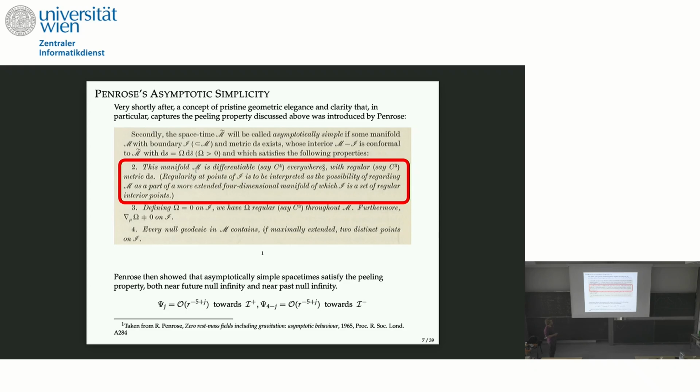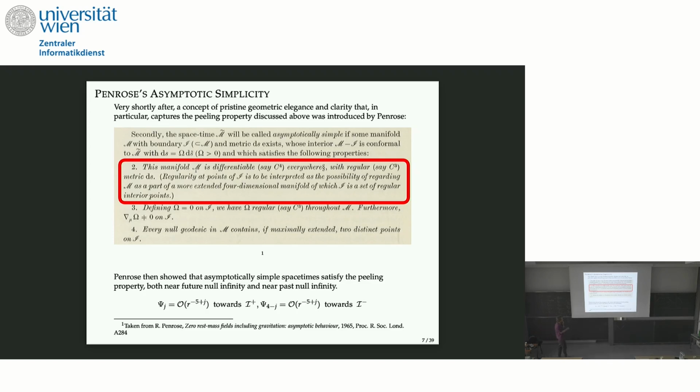So if you have a smooth future null infinity, then it is implied that you have peeling towards future null infinity. Similarly, if you have a smooth past null infinity, then it is implied that you have peeling towards past null infinity. So peeling towards past null infinity is the same thing here, just with the order. So you would start with 4 here, and then 3, 2, 1, 0. It's just swapped around because the L and N switch roles when you reverse time.